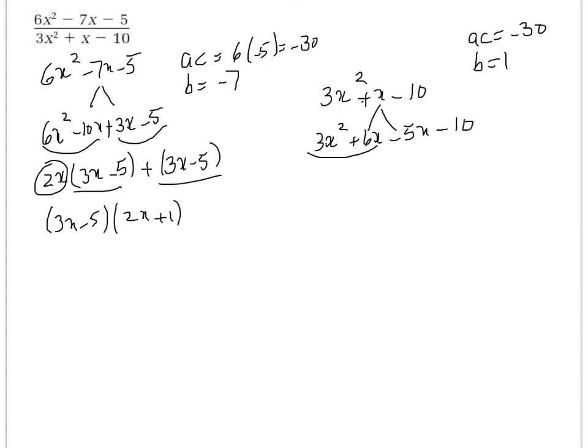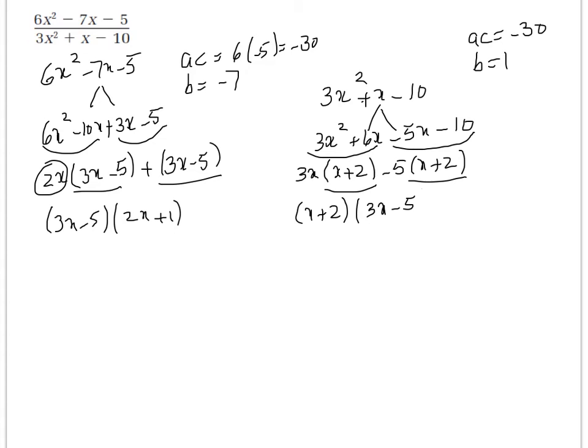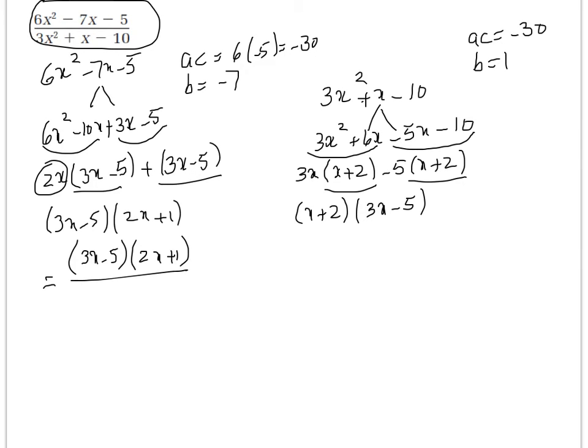Now again, these two terms and these two terms together, 3x squared plus 6x, the common factor is 3x, so I get x plus 2, and negative 5x minus 10. I can take negative 5 out, I get x plus 2. Now x plus 2 is common, so I can take x plus 2 from both terms, I get 3x minus 5. So this expression on the top can be written as 3x minus 5 times 2x plus 1 over x plus 2,